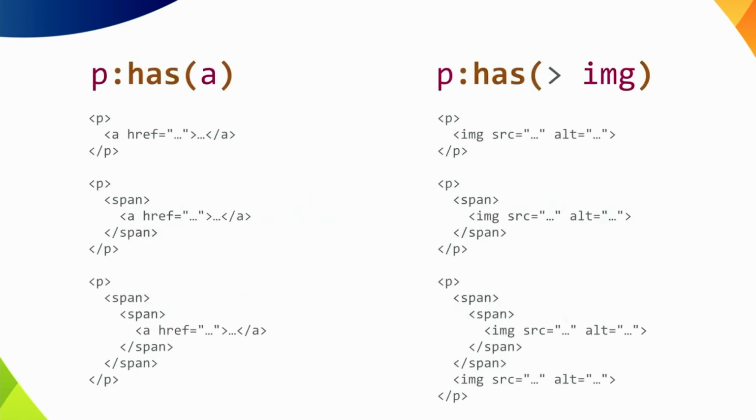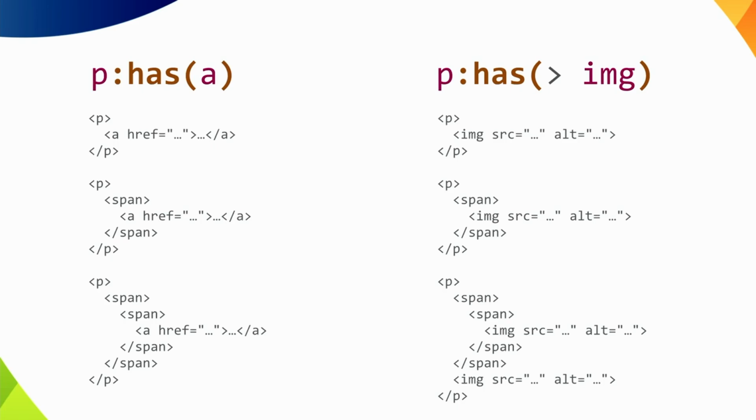So let me start out with two fairly simple examples. The first one here on the left, p:has(a), will select any paragraph element that has an a element as one of its descendants. Okay? The second one on the right, p:has(> img), will select any paragraph element that has an image element as one of its children,